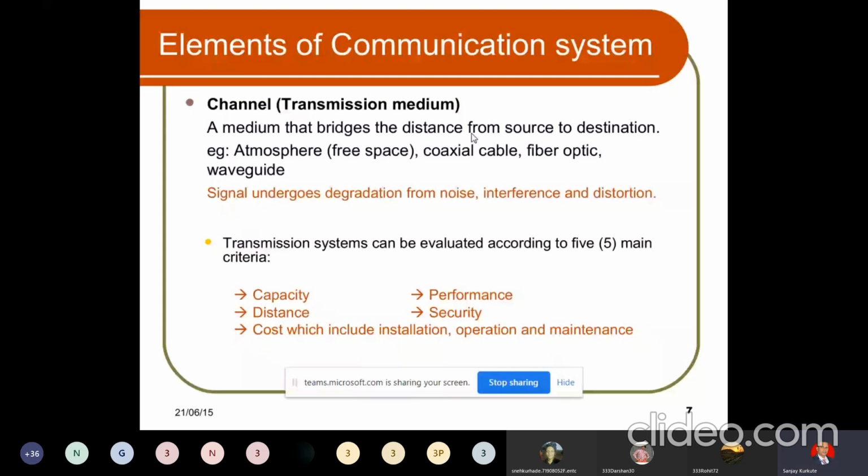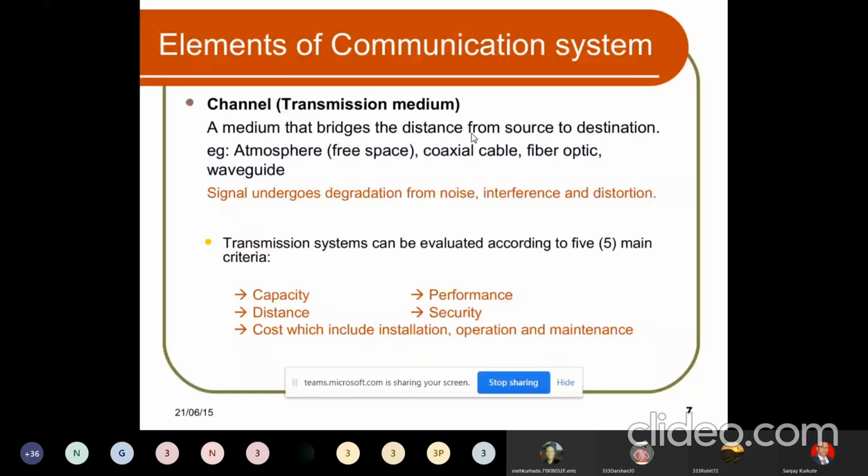So what is my intention for telling this? We should have the best design and added features which are required for our design, correct? So these things should be very clearly mentioned in the design: which parameters, which factors, which performance parameters, which criteria we are going to use. Not only the name, but the typical specification and values are important, okay. So that care we have to take while designing the communication system channel.